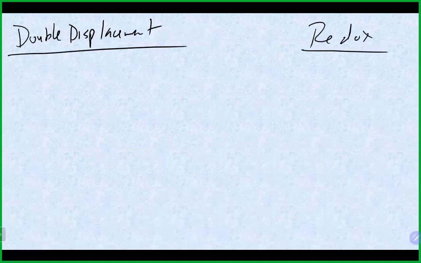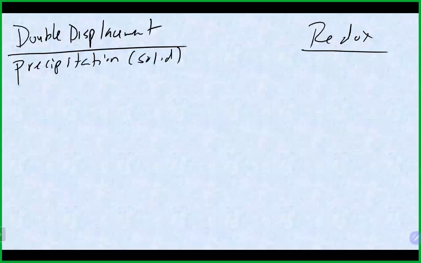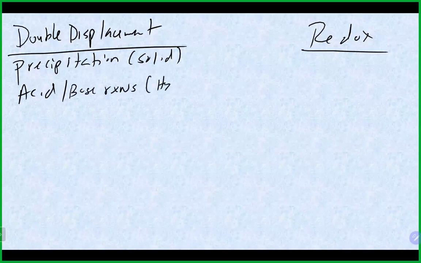And under these categories are the more specific ways to classify reactions. The precipitation reactions, which is where we make a solid, is a more specific classification. Our acid-base reactions, which basically make our water. And under our redox, which involves our transfer of electrons,